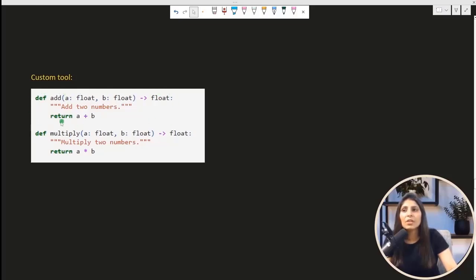So this is a Python function. See, tools are functions only. Like the functions which we create in Python like this, now we can use them as tools. Here we have a function with the name add, which can perform addition of two numbers. So this is one tool. Then we have another function with the name multiply, which will perform multiplication of two numbers. This is another function. So these are called custom tools. You can write the code for your use case and then use it as a custom tool.